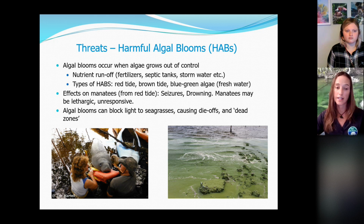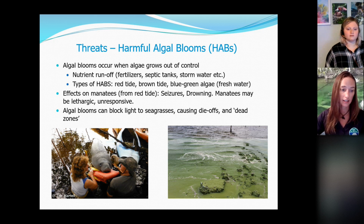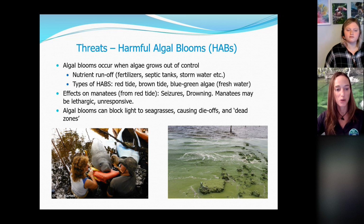And then in turn, they die off and manatees don't have enough to eat. Then here on the left-hand side, we see a manatee that is being rescued for exposure to red tide. So effects on manatees from red tide can include seizures, drowning. The manatees may be lethargic, unresponsive. So this is really something to look out for, especially if you're living in an area that's experiencing a red